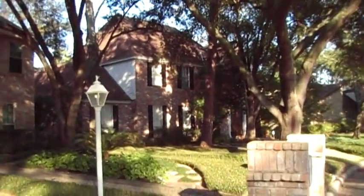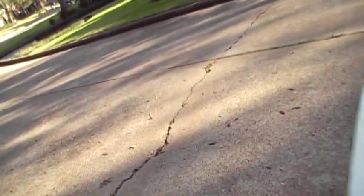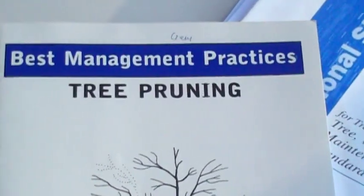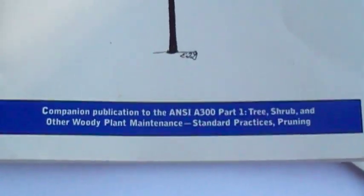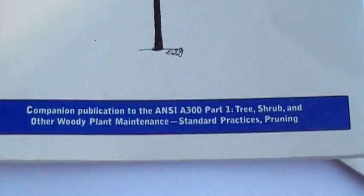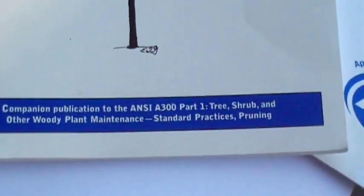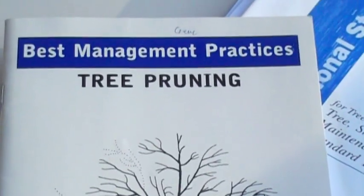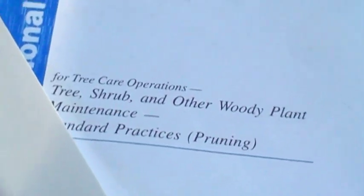The sister publication from the International Society of Arboriculture is this Best Management Practices Tree Pruning. In fact, it says right here, companion publication to ANSI A300 Part 1, Tree, Shrub, and Other Woody Plant Maintenance, Standard Practices, Pruning. So the term lion's tail, or lion's tail pruning, is mentioned in that standard,